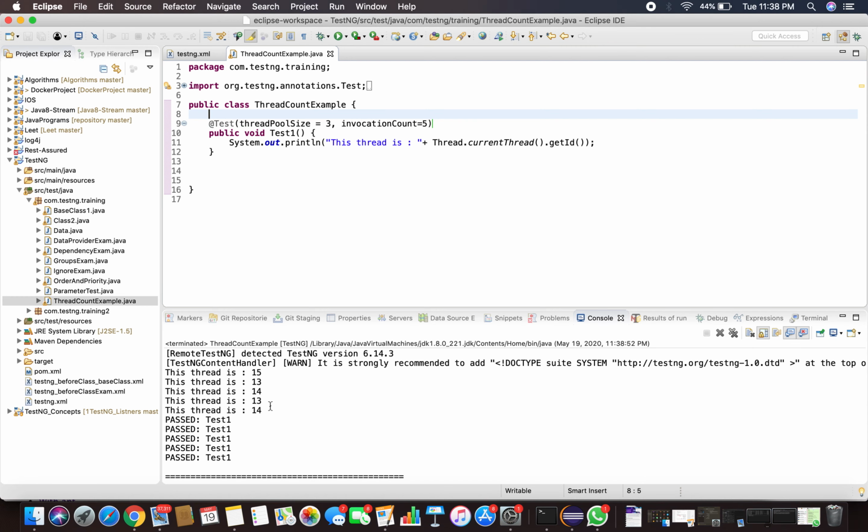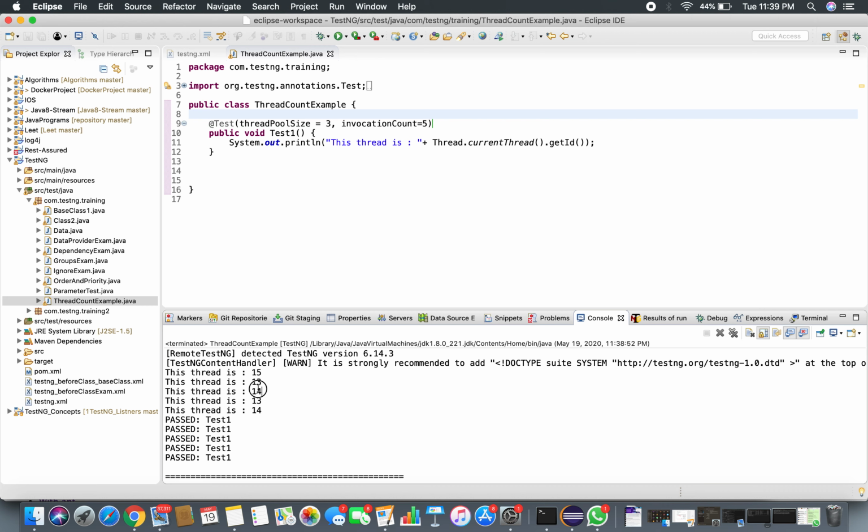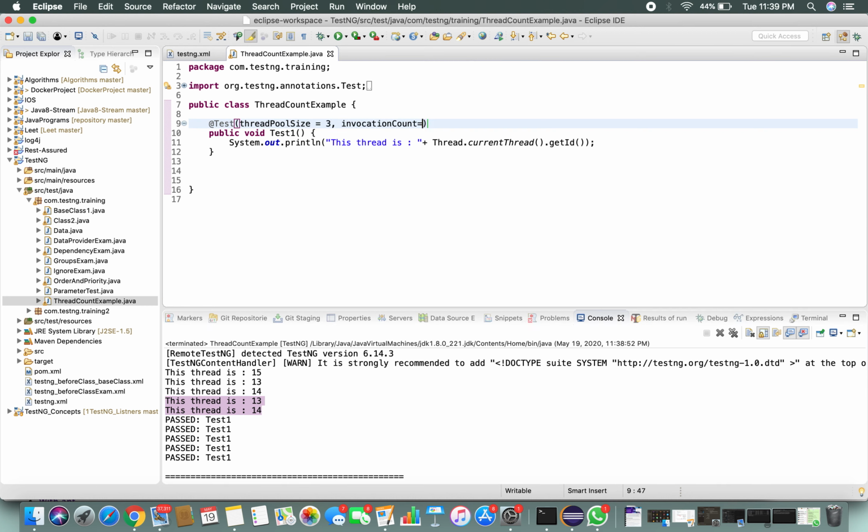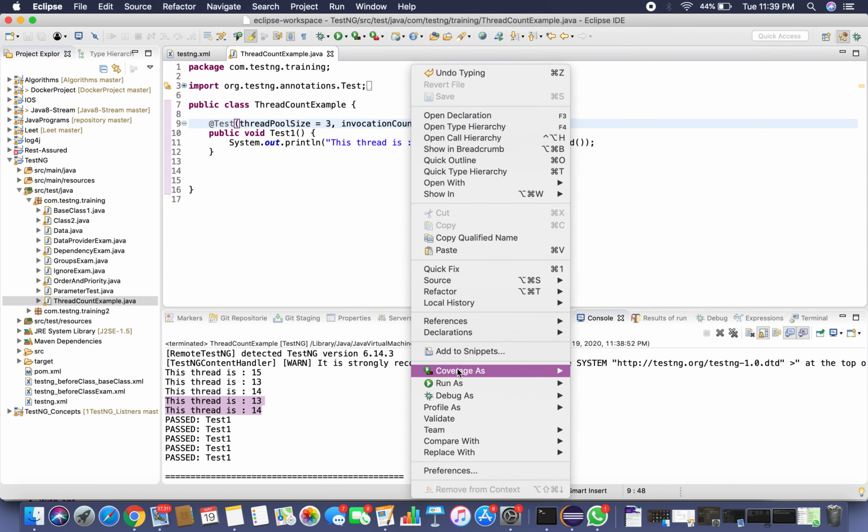See here. In total there are 3 threads, but the test case has to execute 5 times. So the first 3 threads are used to execute this, and then for the remaining 2 times, 2 threads are available and they execute. If you have 6 here, all 3 threads are going to be used twice.